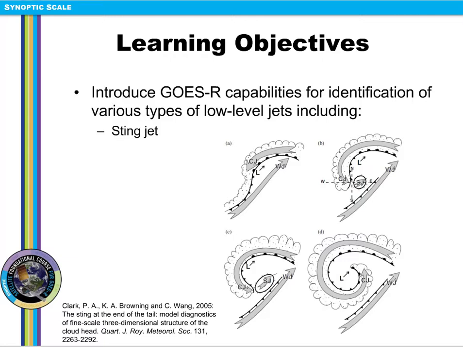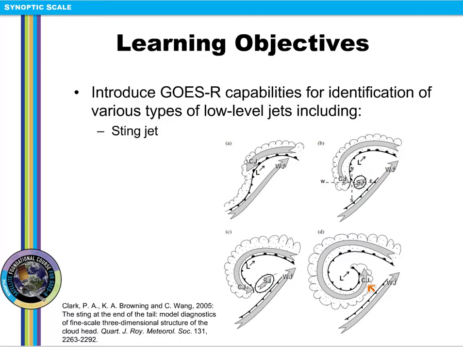We'll spend most of the session discussing the sting jet. Recall the sting jet develops during the frontal seclusion phase as the bent-back warm front that I'm pointing at here begins to encircle the surface low. And this region, labeled as SJ, is the sting jet, and it's important since very strong winds would be associated with this feature. It's depicted down here at a later time, and notice as we get to the last time